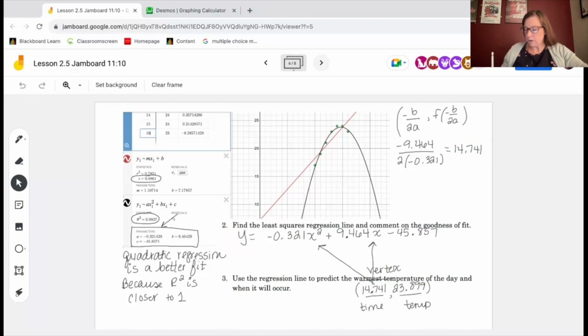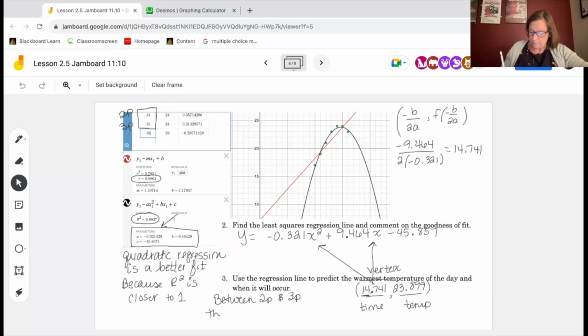Well, recall, we put our x values in using the 24-hour clock. So 14.74 is in between here. Remember, 14 was 2 p.m. and 15 is 3 p.m. So when will our warmest temperature occur using the regression line? Between 2 p.m. and 3 p.m.,